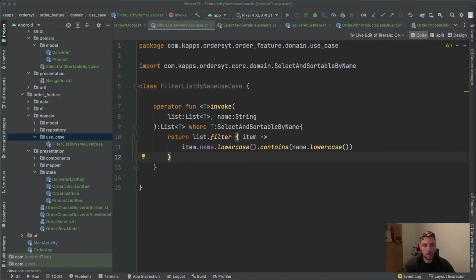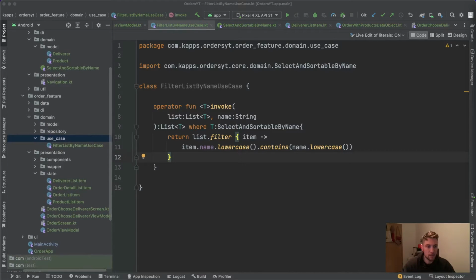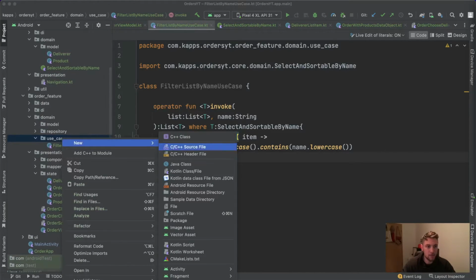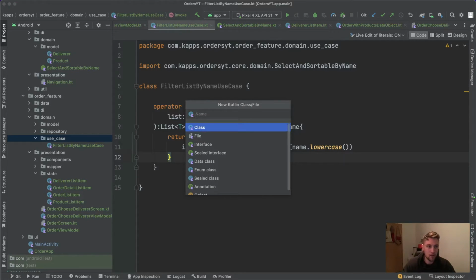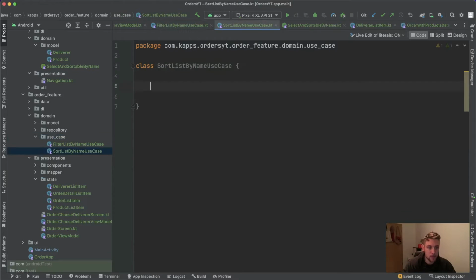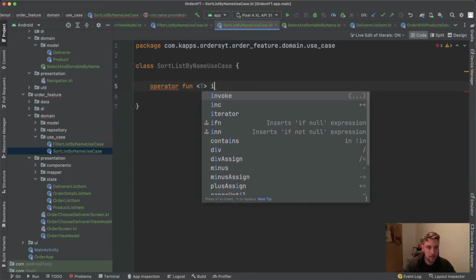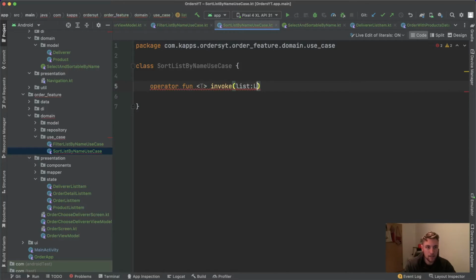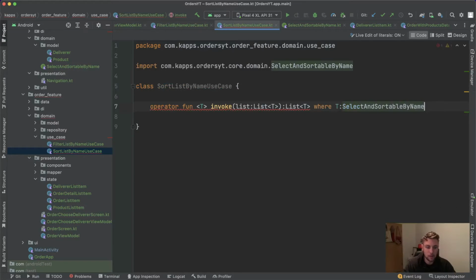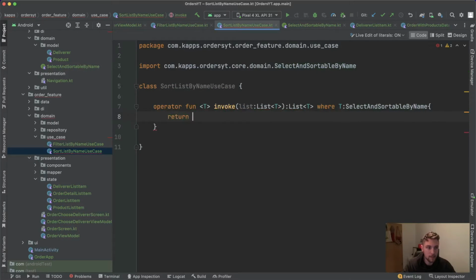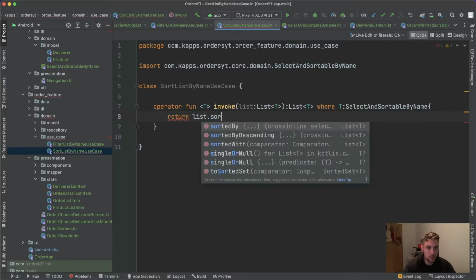The same principle can be applied for our second use case, which is our sort list by name use case. We will create a new Kotlin class inside our use case package called sort list by name use case. This will also be an operator function. The generic type T is defined here. Invoke. It takes a list, and this list is of type generic type T. It returns a list of type T where T realizes the select and sortable by name interface. And here we can simply say return list.sortedBy